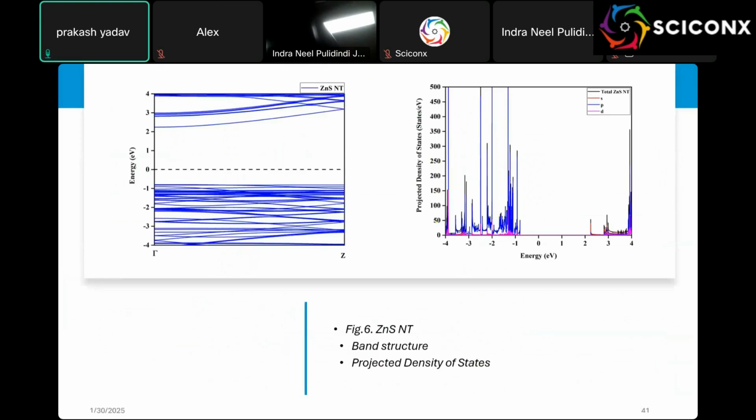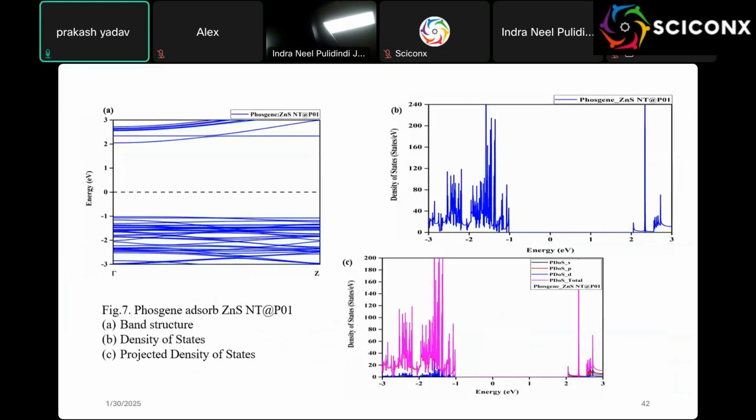And we get around 3.17 electron volt band gap for this ZnS nanotube. And for the bulk, experimentally, the ZnS band gap is around 3.65 electron volt. So this is underestimated by GGA, it is verified, no problem. And we have the projected density of states. In this graph, you can clearly see the S states, P states, and D states of the density of states. Once we interact with the Faustian molecules, then you clearly see in pristine